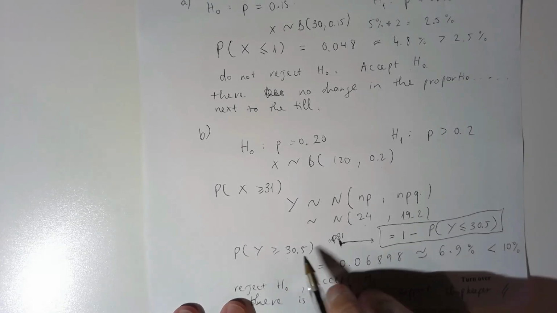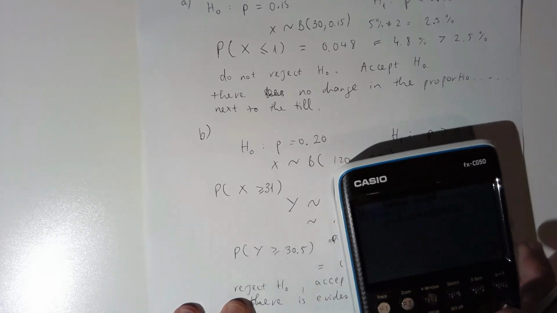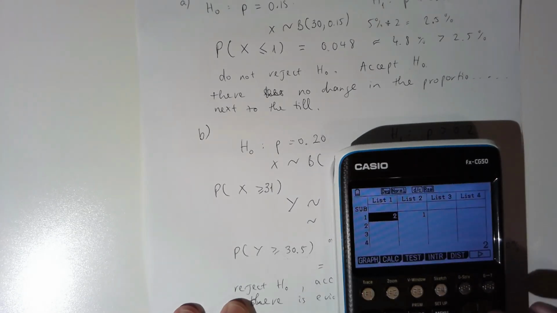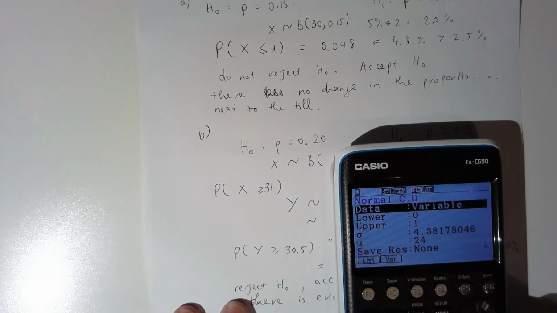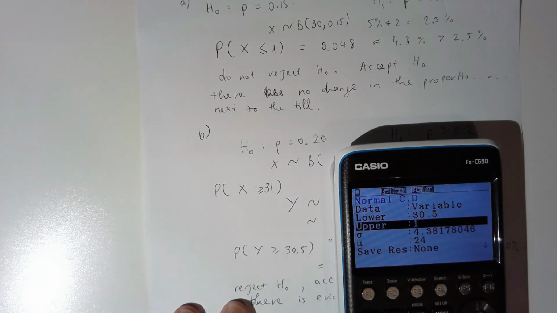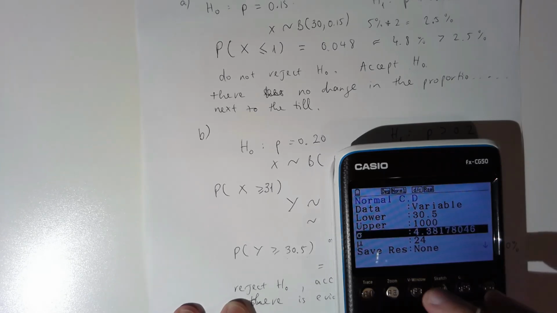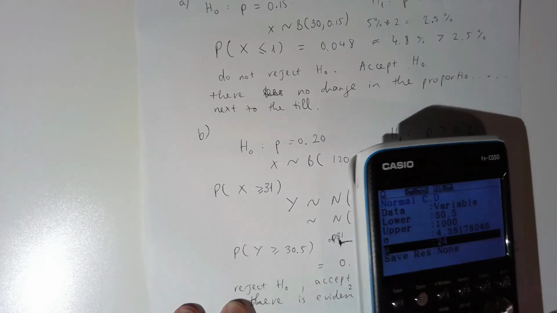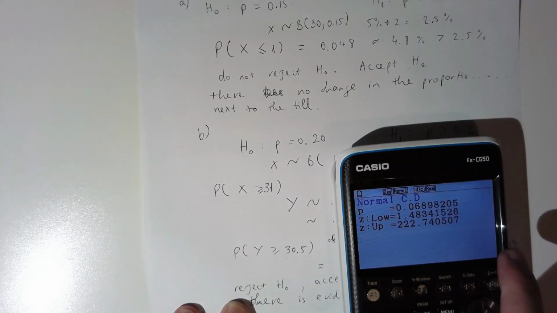Now using a big calculator like the Casio CG50, you can work it out with no problem. You can do it easily. Here you are, distribution. We're using normal distribution now, which is Normal CD. For the lower value we start from 30.5, because it starts from bigger than 30.5. Upper will be something like 1000, no problem there. Then the standard deviation, which is shift and square root of 19.2, and the mean equals 24, and we got 0.69